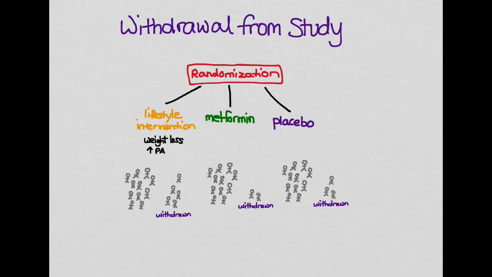So another big problem in a randomized controlled trial, this is also true in a cohort study as we discussed, is withdrawal from the study. With a randomized controlled trial, and also with a cohort study, you may get differential dropout, withdrawal from different arms of the study, which would lead to a potential selection bias, whereby you're getting a certain type of person who drops out, and that dropout may be related to your outcome.